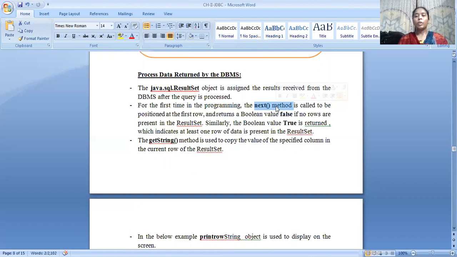If it is false, it says that that is the last line. If the value is true, it says that at least one row is present in the result set. If no row exists, the value is false.